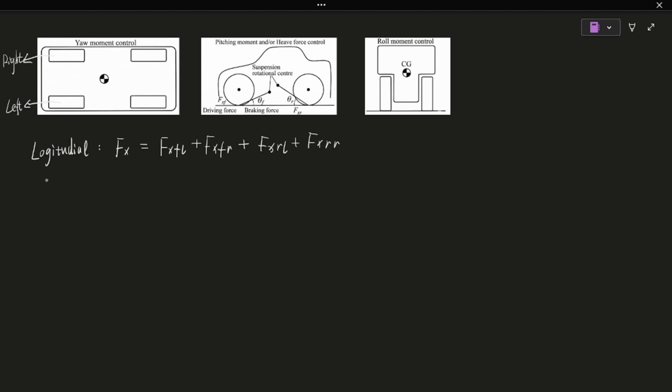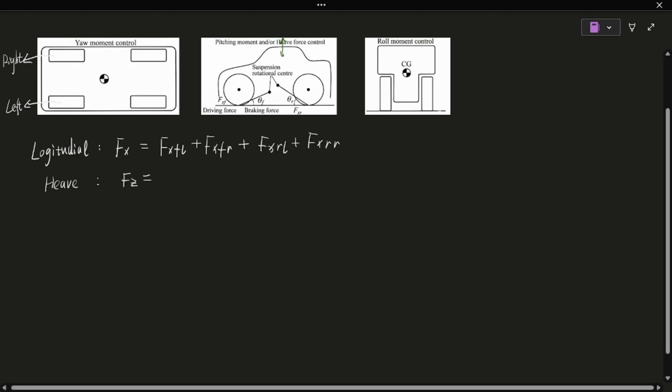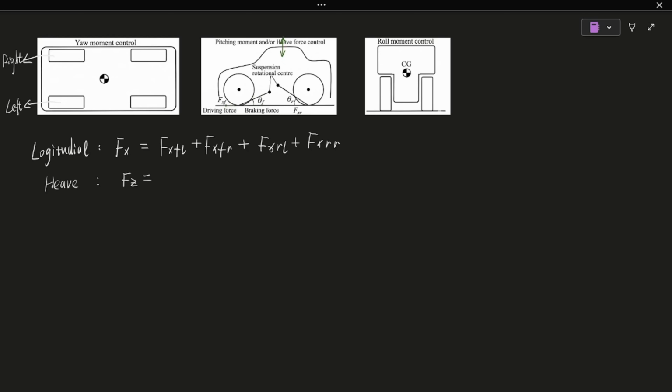Next is heave. This is the paper's absolute core. How can a longitudinal force control vertical motion? Let's look at the second figure. The front and rear wheels pivot around their suspension rotational centers. This is a direct result of the suspension geometry. Theta F and theta R are the angles. They show where the rotation axis meets the ground. So, when we apply a longitudinal force, the rotation axis does something special. It automatically creates a vertical force component.